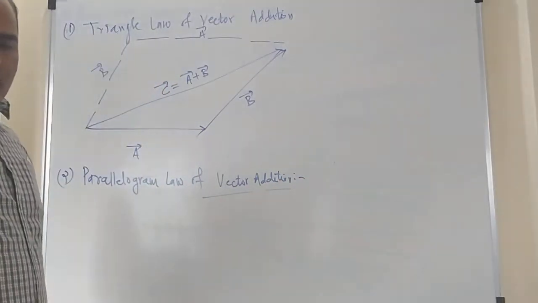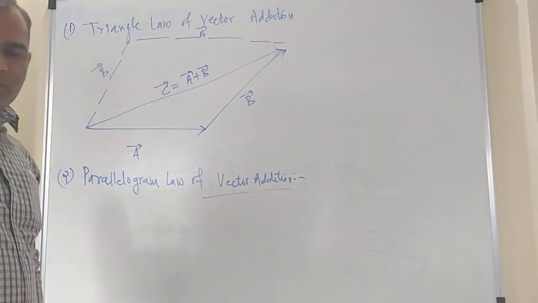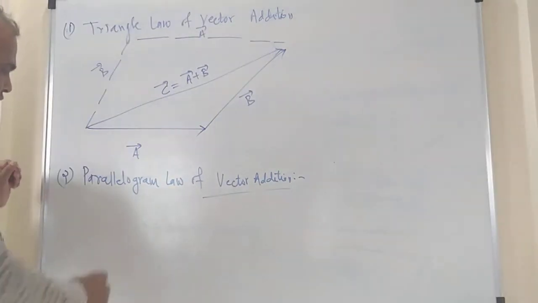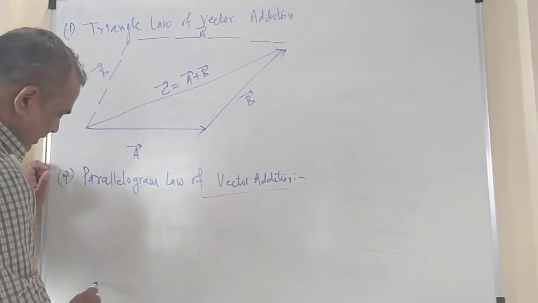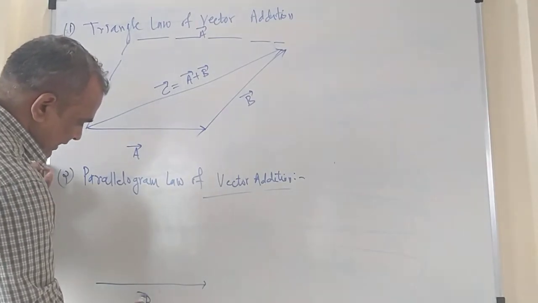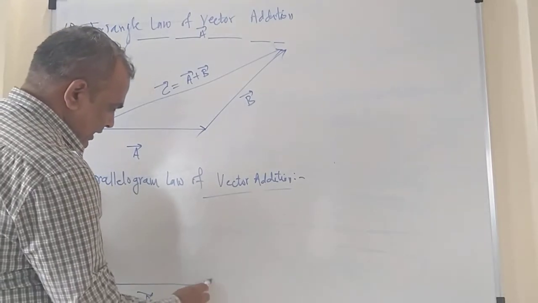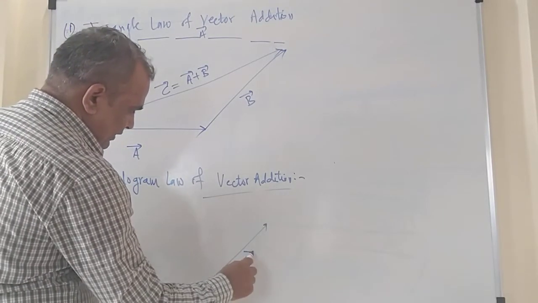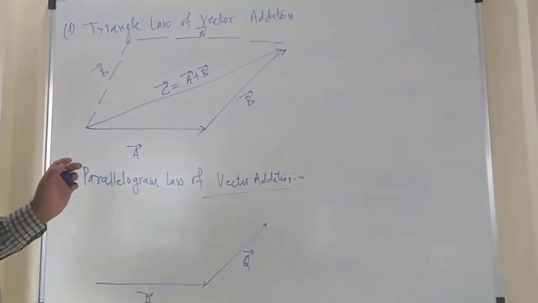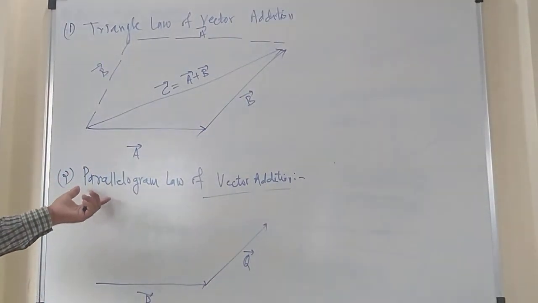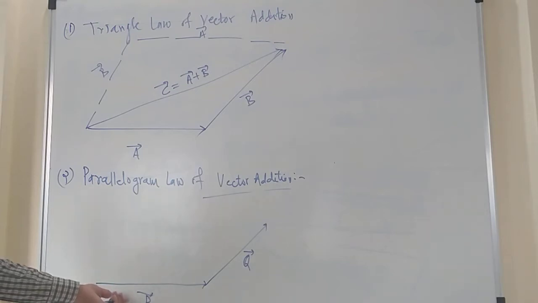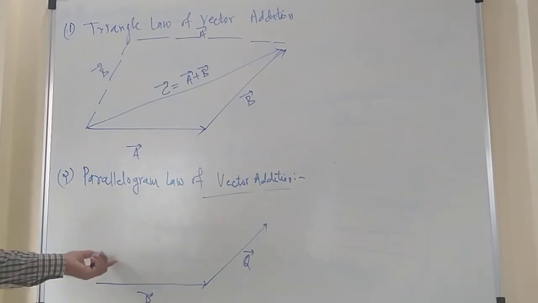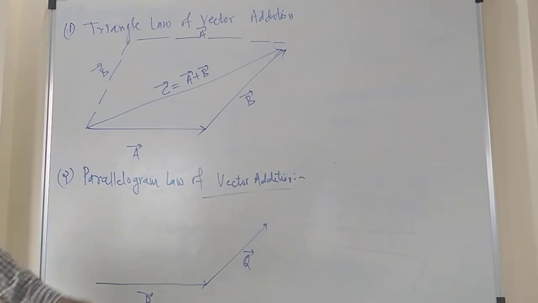And again, I can use the two vectors A bar and B bar. So rather than considering the two vectors A bar and B bar, let me consider another pair of vectors, P bar and Q bar. Let us say this is the first vector P bar and this is one more vector Q bar, right? Only the change is that if two vectors P bar and Q bar are the sides of the parallelogram, then the resultant of these two is given by the diagonal of the parallelogram.